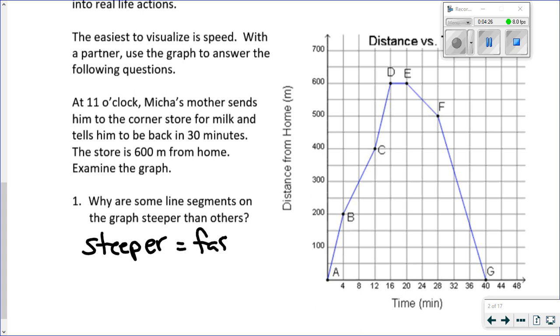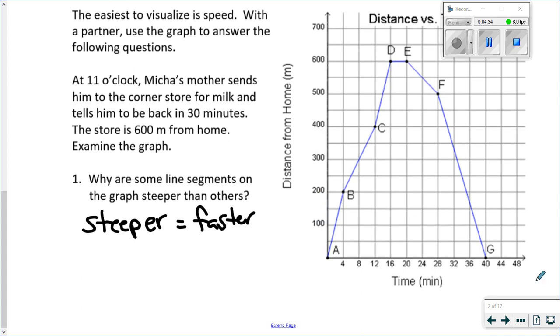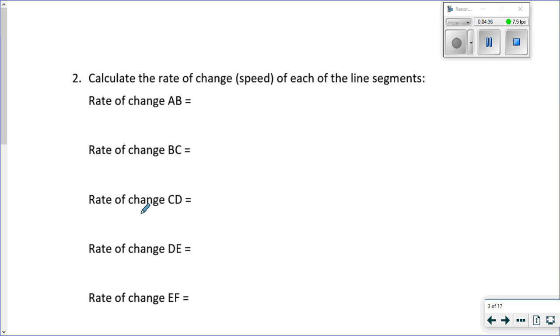And in this case, because it's a speed graph, the steeper the line, the greater the rate of change, it means they're moving faster. All right, calculate the rate of change for each of the line segments. So segment AB, BC, CD,